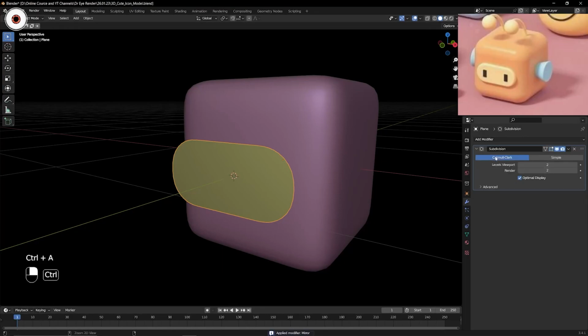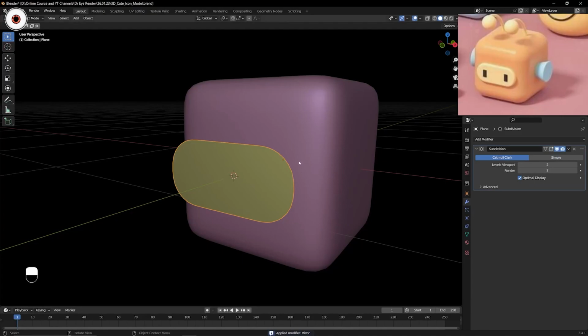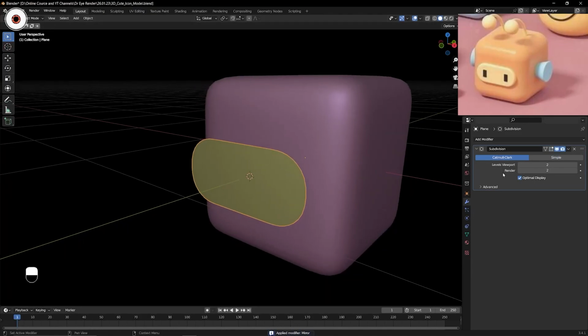Okay, and also one thing, always remember to apply any modifier you are having from the top. It's not like you are going to apply this bottom one, then you are going to apply this. Try to apply from here, from the top. Okay, so right over here you can apply. And for the subdivision modifier we can keep that. Here also we have a subdivision modifier, we didn't apply it, and here also we have a subdivision modifier,